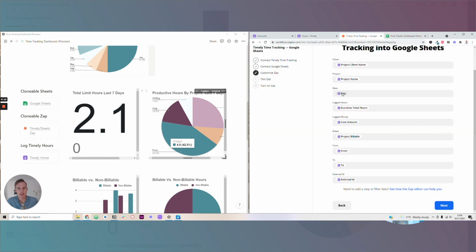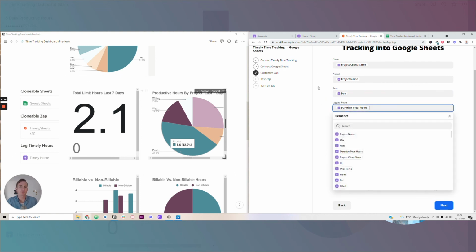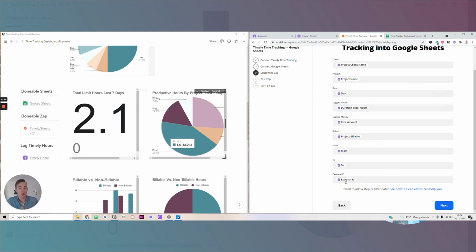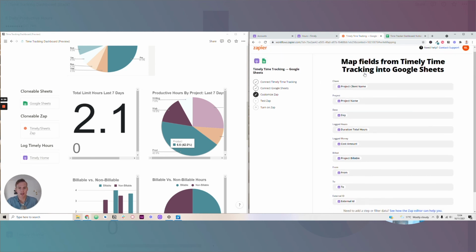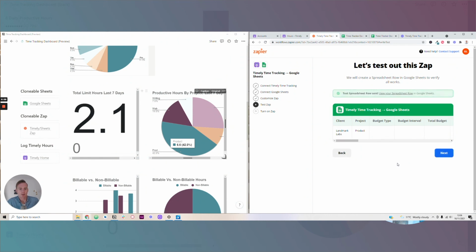So if I have date, I'm going to click and I have a bunch of options, and I can choose the day property from Timely. So right now it should be all set up correctly. That's why we made this pre-built template in Zapier for you. So that should all be fine. I can hit next. So now if we hit test, it will create a spreadsheet row in the sheet, and